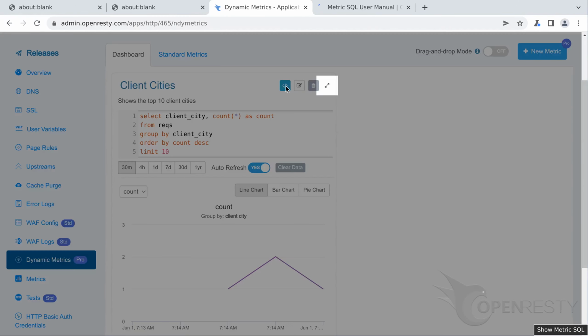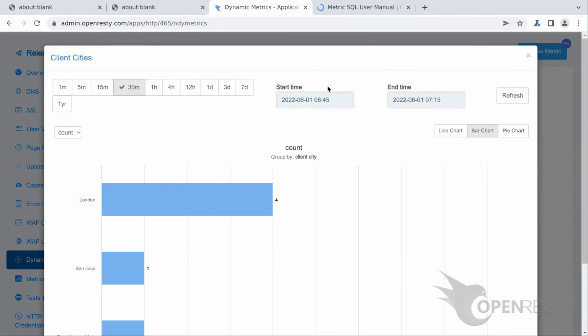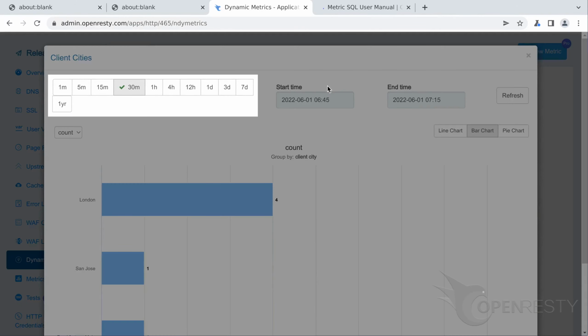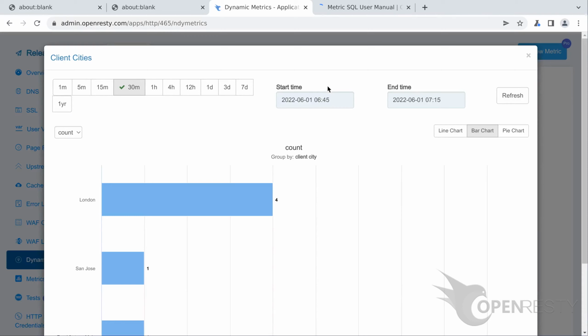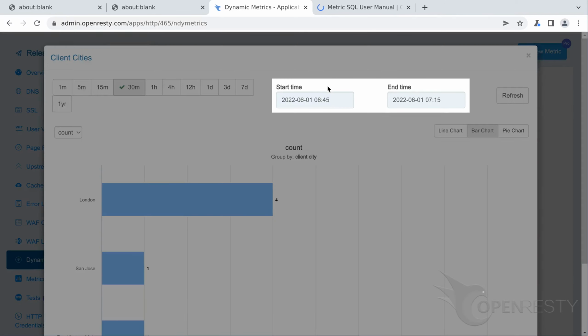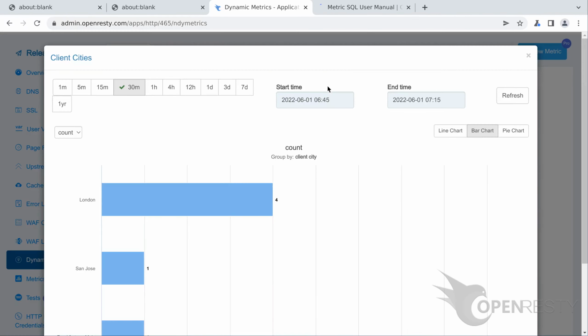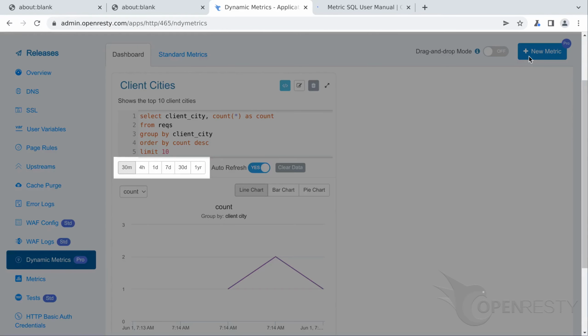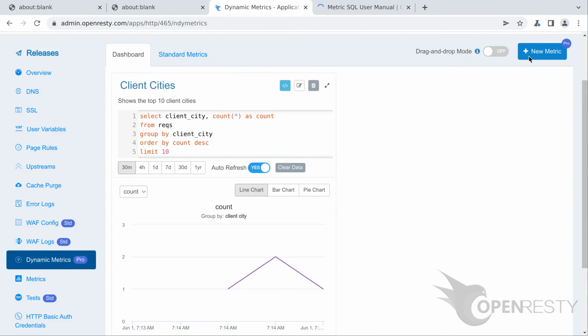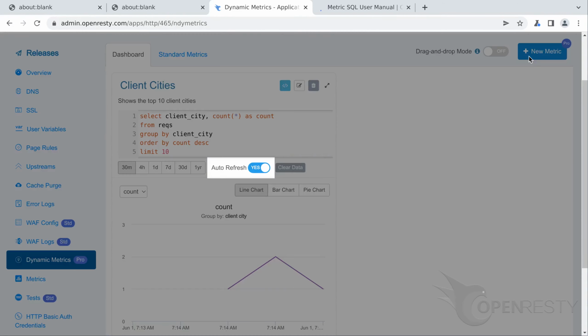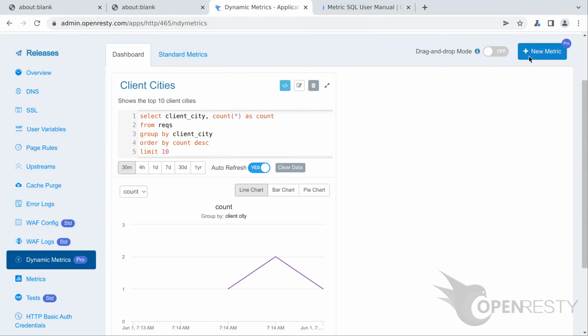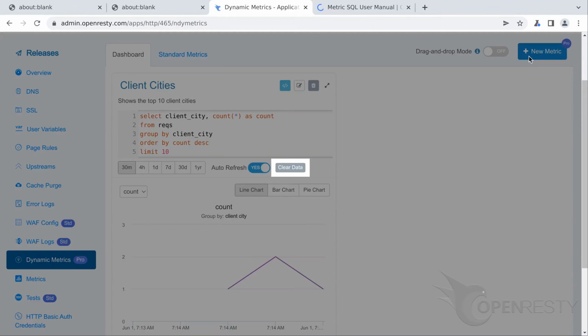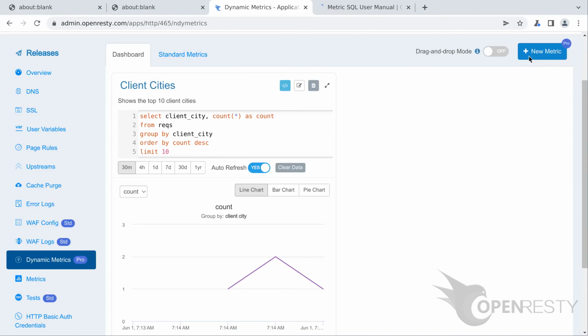If you think the chart is too small, click the expand button to display it in a larger window. We can display metrics for different time intervals, from 1 minute to 1 year, or just select an arbitrary time interval. Click the close button to shut this larger window. There are also time range options on the main card. The options are fewer. When enabling auto refresh, the metric is updated automatically with the 10-second interval we previously specified. The clear data button is for clearing all the historical data and restarting the data collection.